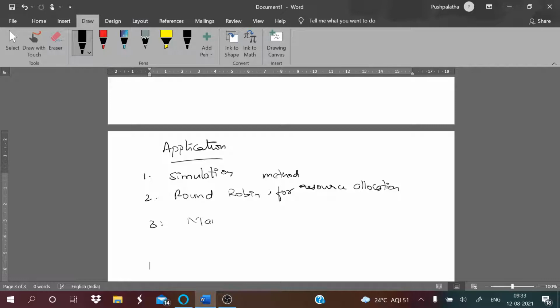Maintenance of print services. And multitasking. So these are the applications of queues.